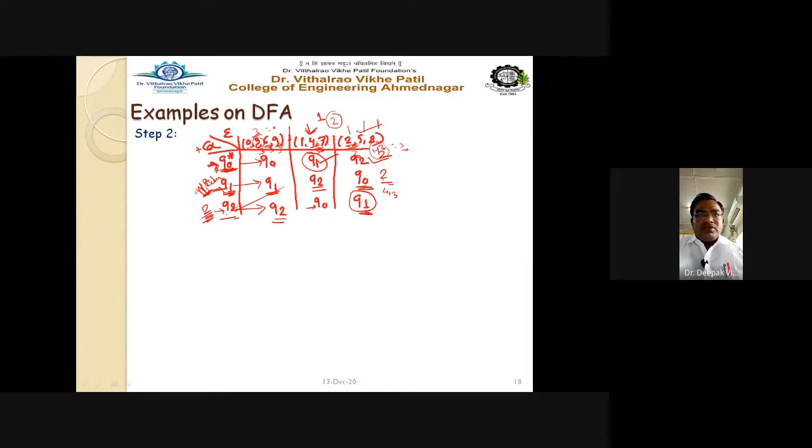Remainder 1 is nothing but your Q1 state. So this transition table is important to draw first, and then from this transition table it is very simple to draw the transition diagram. See here,